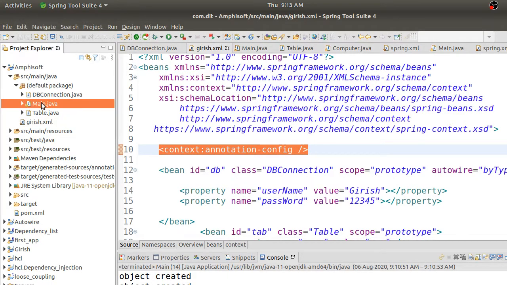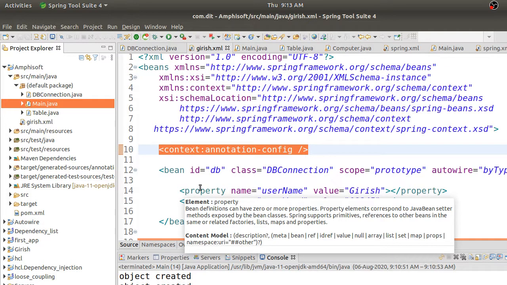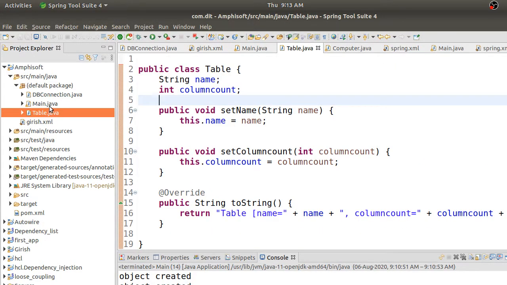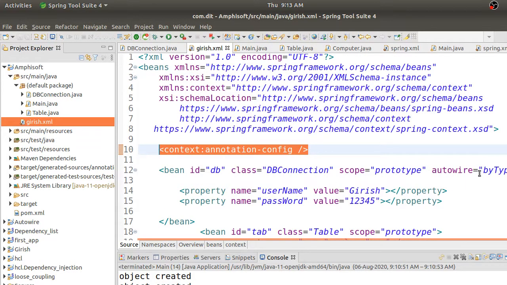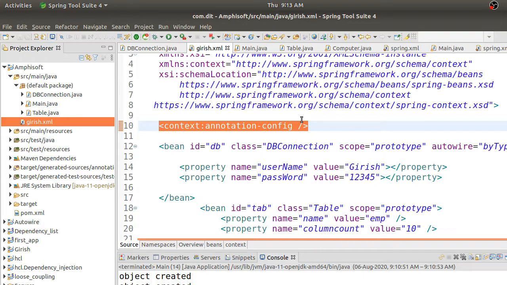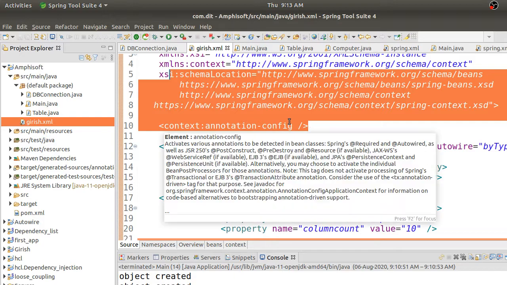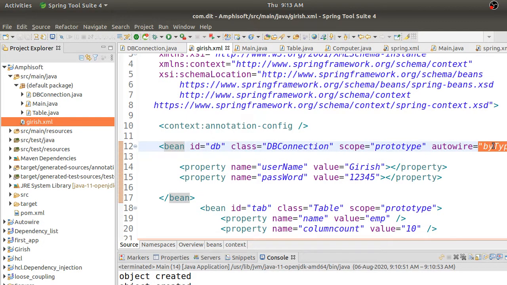And my doubt is, Girish, previously when we are not using this annotation, the auto wire scope is only by name, the scope. Yeah, here. So after using the annotations, we have by name, default, and by constructor. So the scope varies. No. You have understood it wrong. If you don't have this @ annotation also, you can do auto wiring by name, by type, by constructor. There are 3 types you can do auto wiring. If you don't have annotation, just forget about this annotation. If there is no annotation also, you can do by name, by type, and by constructor.